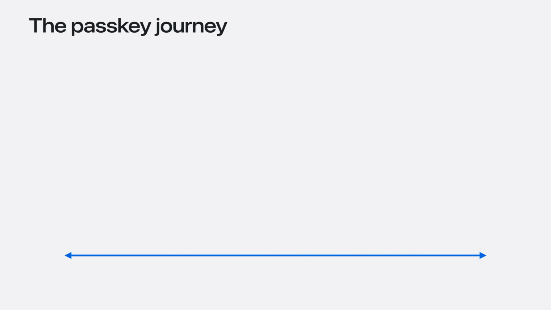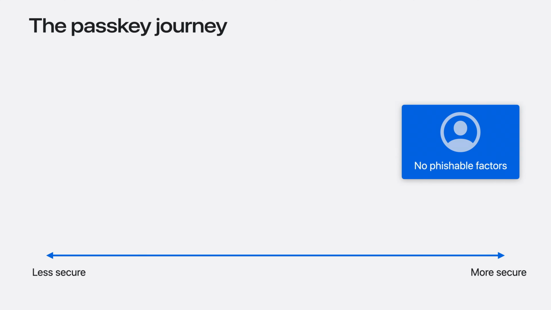Phishing and other forms of stolen credential attacks make up some of the most common forms of account compromise on the internet today. The best way to prevent phishing is to have accounts that don't have any phishable factors. One of the best things you can do to protect new accounts is to give them a passkey from the start. A passkey can't be forgotten, is less likely to need a reset, and is just a single tap or click to sign in with.